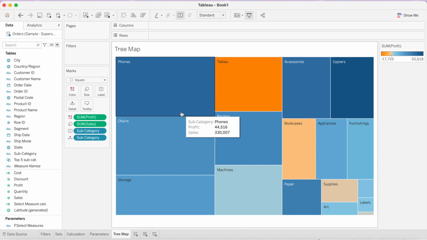So this is how we can make a tree map in Tableau, which is really easy to make and can sometimes give useful insights. Now let's move on to our other chart and see how we can create a filled map in